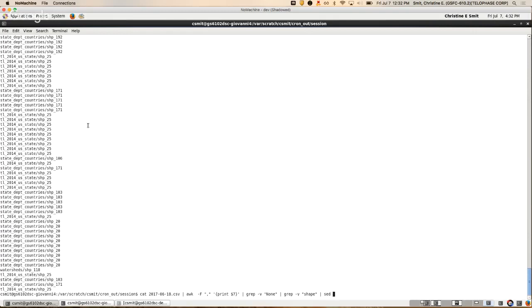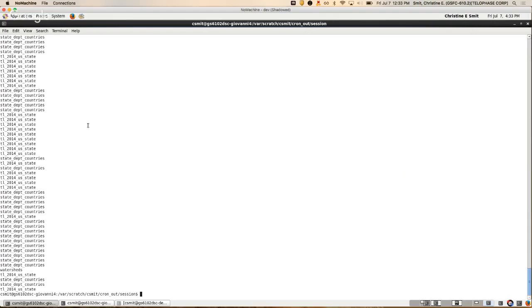So sed. If you're familiar with regex, this is going to look super familiar. Because we're trying to get rid of the backslash, we have to escape it. So what we're going to do is remove everything after the slash and everything after it. So we're going to replace it with nothing, which is what this means. Et voila.